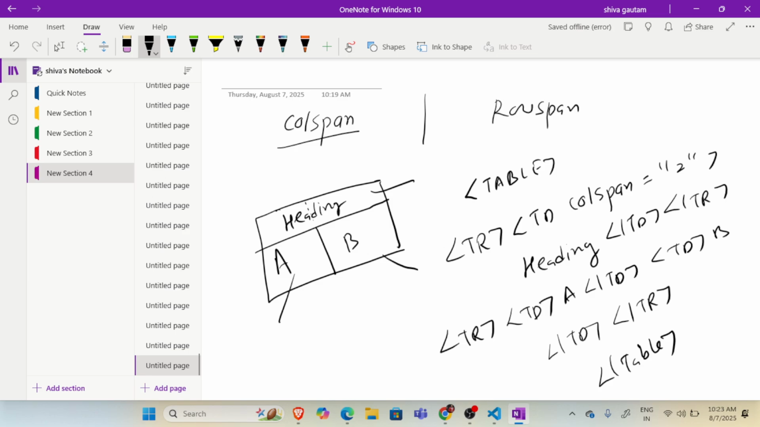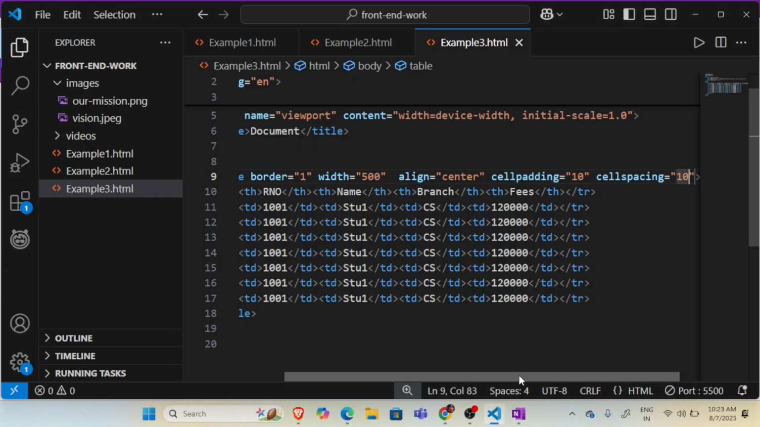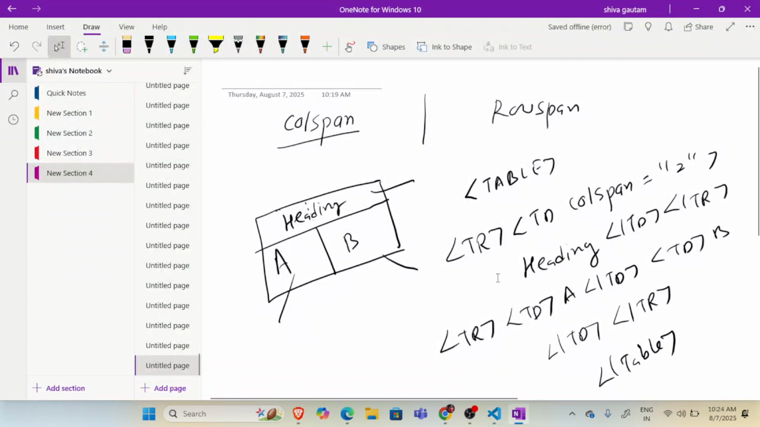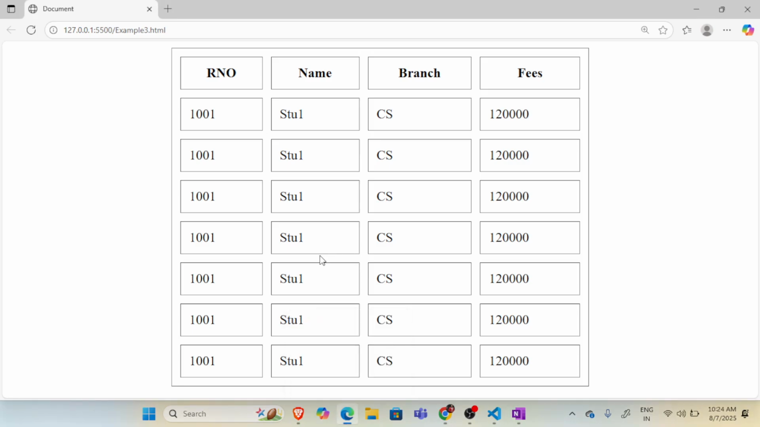Okay, is it clear to you what is colspan? Yeah, merging the columns, right? Merging the columns to create the cell. Okay, suppose that in this example, what example I have explained later, I want to show here student informations